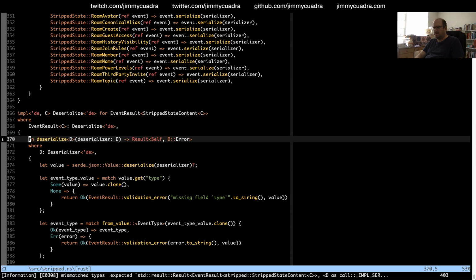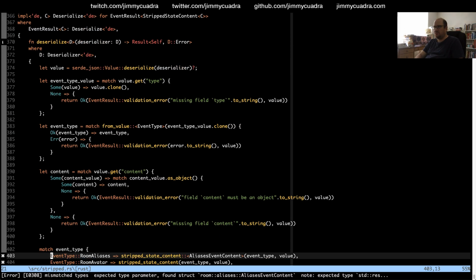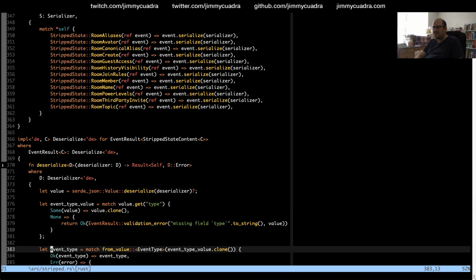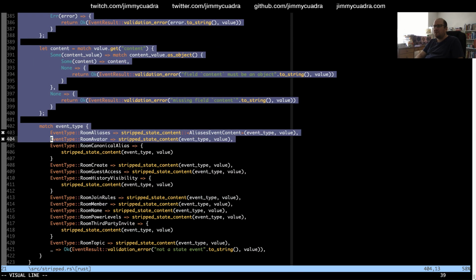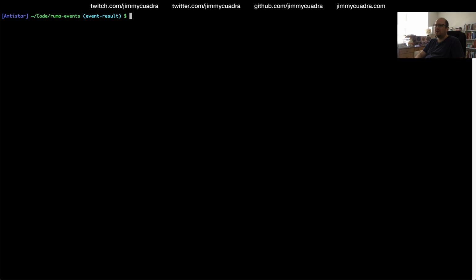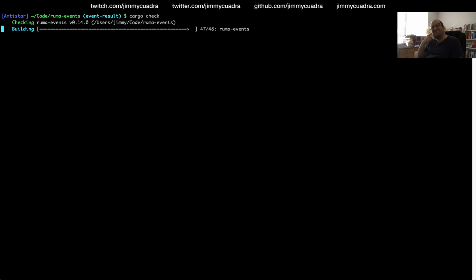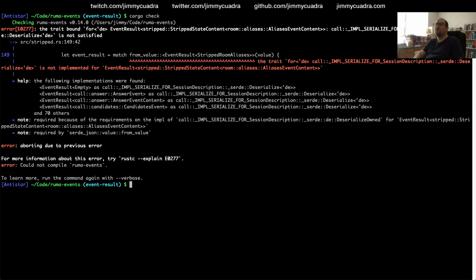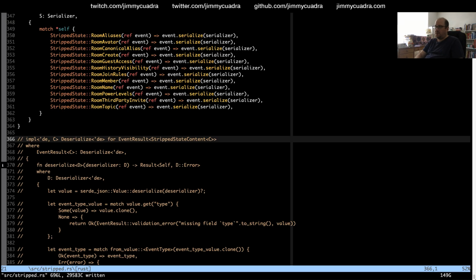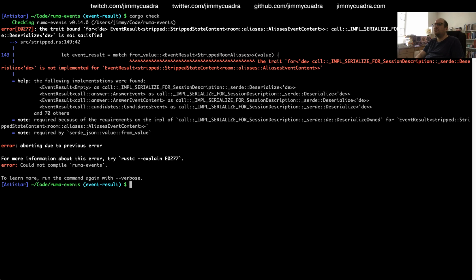Okay, so we've got a type mismatch because of... Oh, wait, I thought I commented this out. I can't have this. That whole thing just doesn't work. 149. The trait bound event result, blah, blah, blah, deserialize is not satisfied.